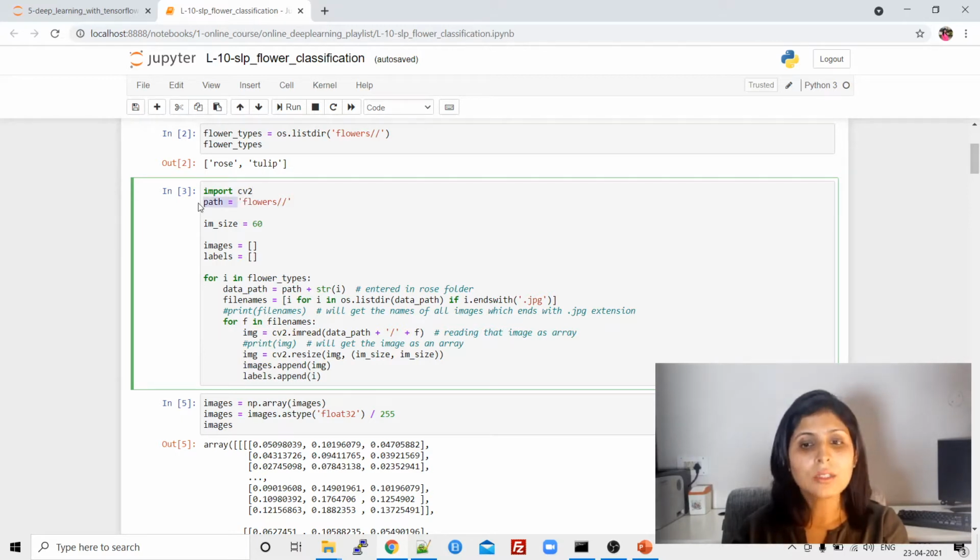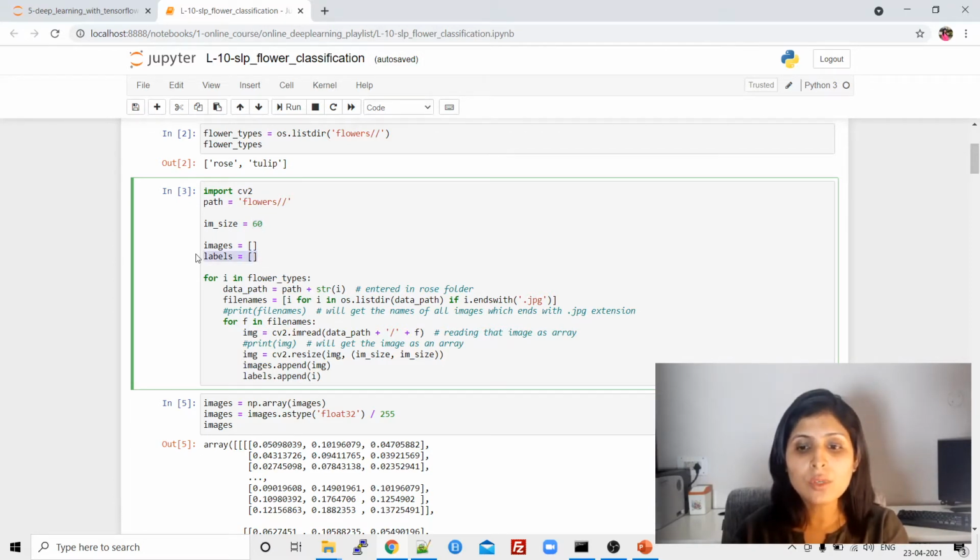And in path is a variable in which I have mentioned the path where our dataset is. im_size is a variable and I have mentioned 60 over here. That simply means, see guys, I have created this variable and mentioned a size in it, and what I want is to resize all my images to this size, 60 by 60 by 3. Why 3? Because we have colored images, and I want to resize all those images to 60 by 60. Height and width should be 60. Okay. So this variable is carrying the size.